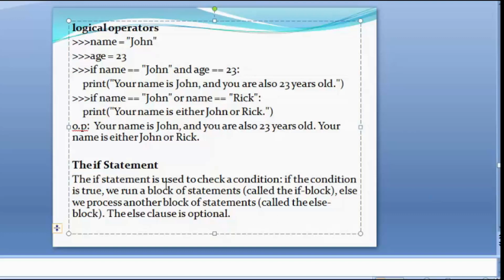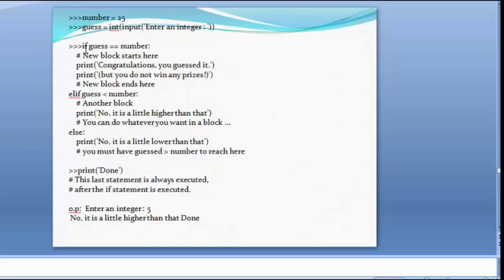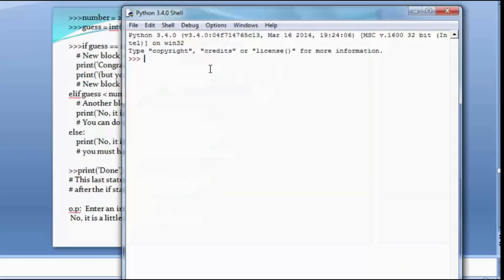The if statement is used to check a condition, that is if the condition is true then it will go to the if block, and if the condition is false then it goes to the else block. Now if we are going to check this one, we will write x equal to 2, if